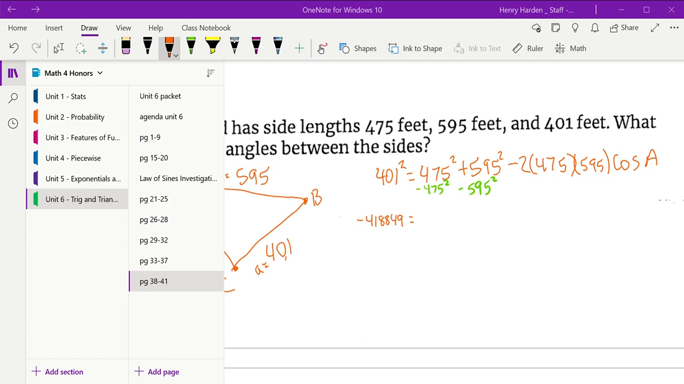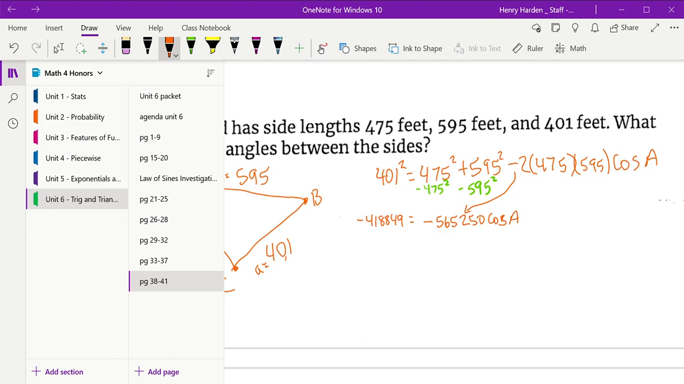75, 595. So that comes out to this. So don't forget there's a negative here. So this is going to be negative 565250. And then cosine